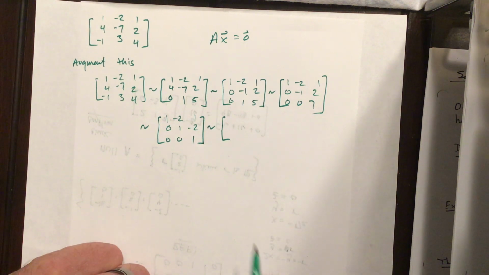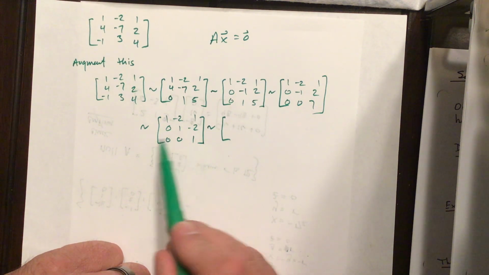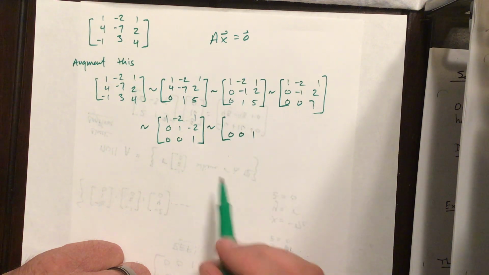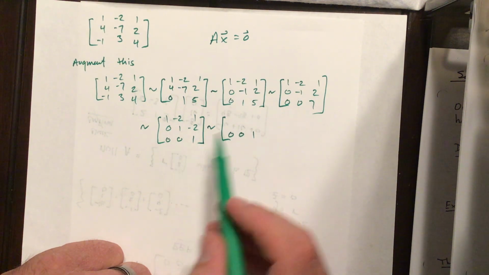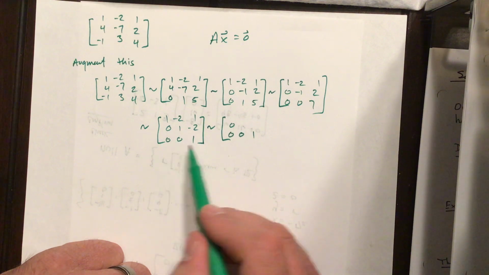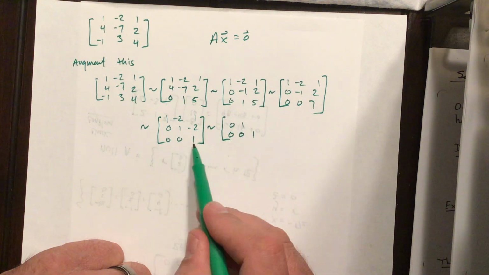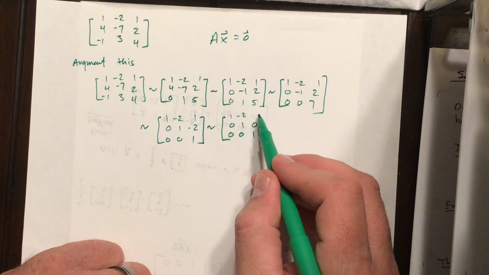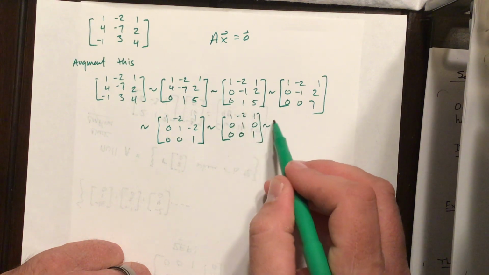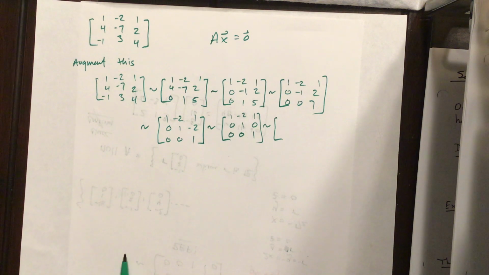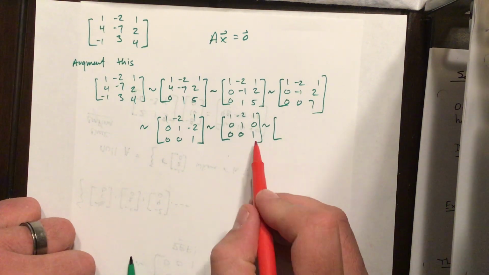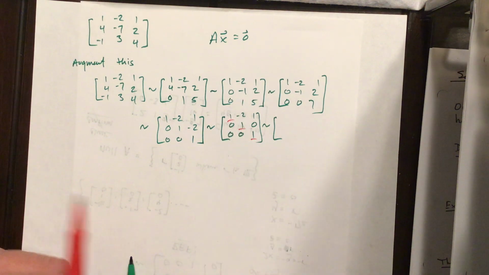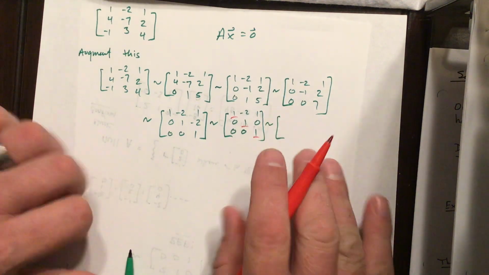All right, so now let's multiply row 3 by 2 and add it to row 2. So 0 plus 0 is 0, 1 plus 0 is 1. Negative 2 plus 2 is 0. 1, negative 2, 1. So everything here is nice. Okay, I have a pivot, pivot, pivot. The only thing I need to correct